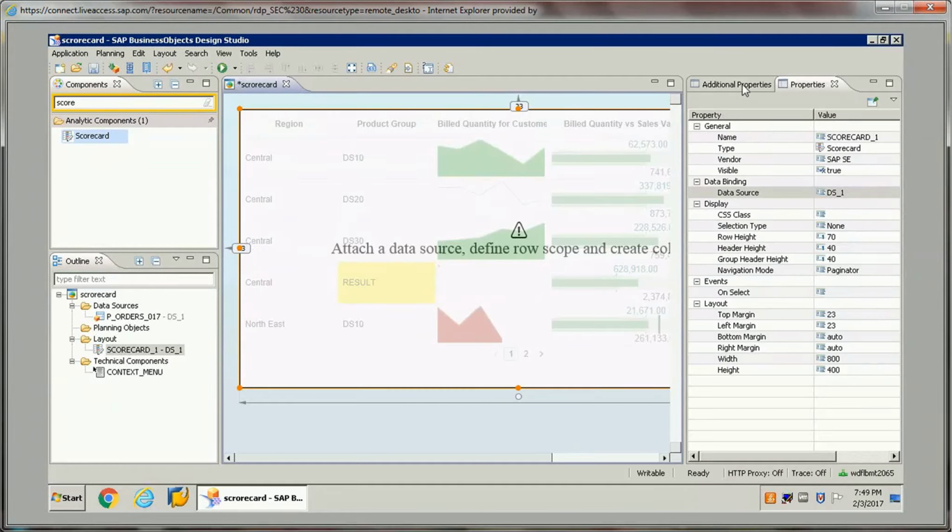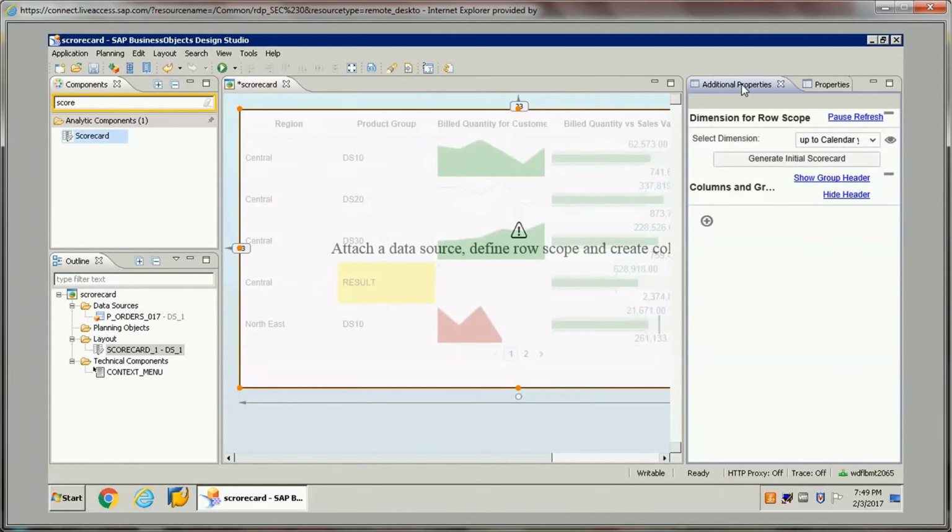So in additional properties, how can we generate a scorecard? In additional properties you will get an option, a row scope, which we need to specify. It is the complete result set, or up to country, or up to calendar year. The row scope means up to which level we want to generate the scorecard. Let's consider we need to generate up to country. Click on the generate initial scorecard button. Once you click on this,